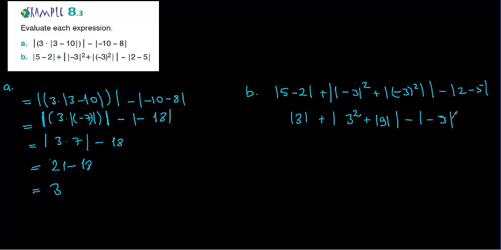It must be. Here absolute value of 3 is equal to 3 plus 3 square is equal to 9 plus 9 again, because absolute value of 9 is equal to 9,